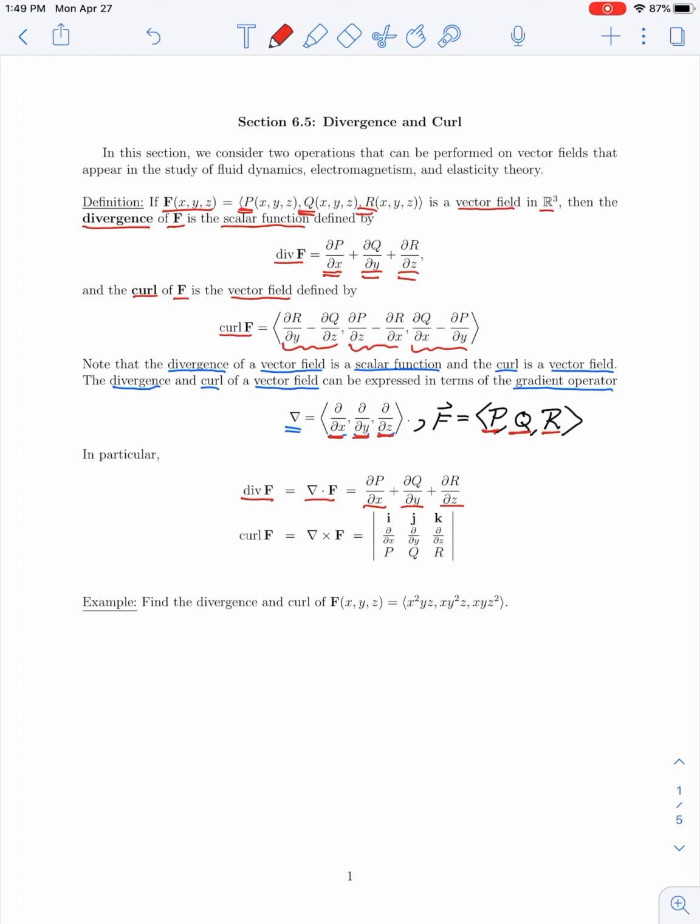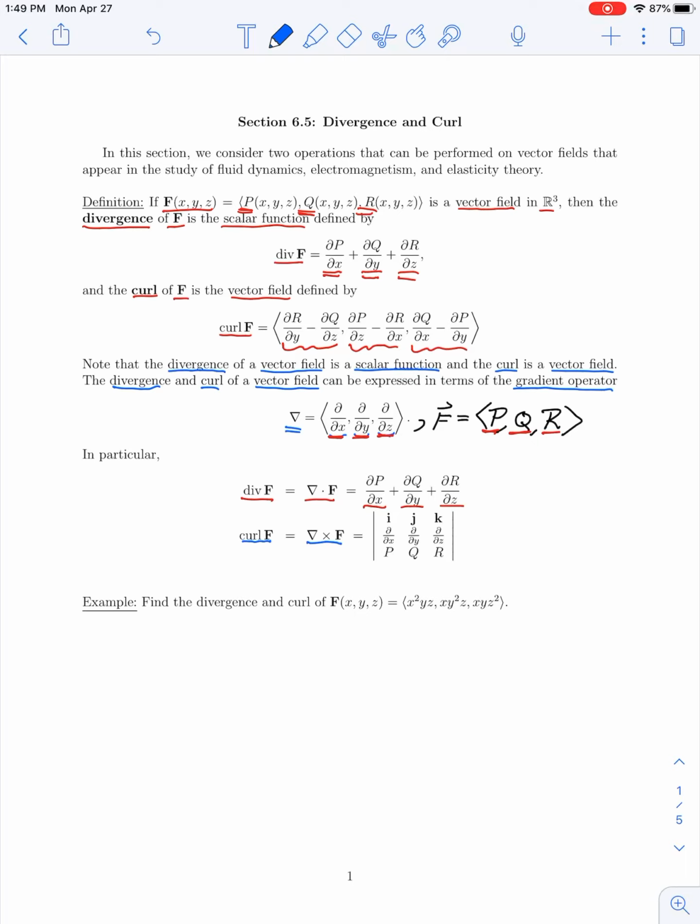So another notation, or another way we can think about divergence, would be as the dot product of our vector field with the gradient operator. Now similarly, the curl of our field f we can think of as the cross product of the gradient operator with our vector field. So recall here the cross product of two vectors is defined as the determinant of a